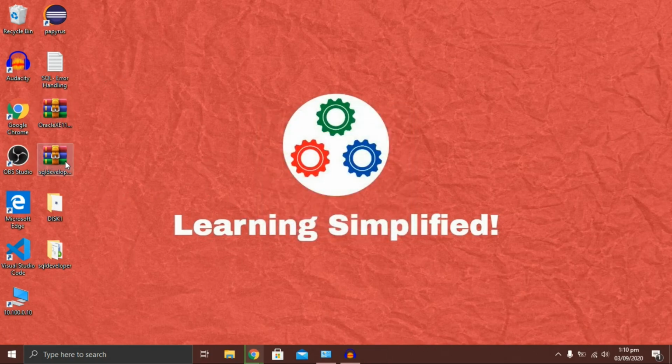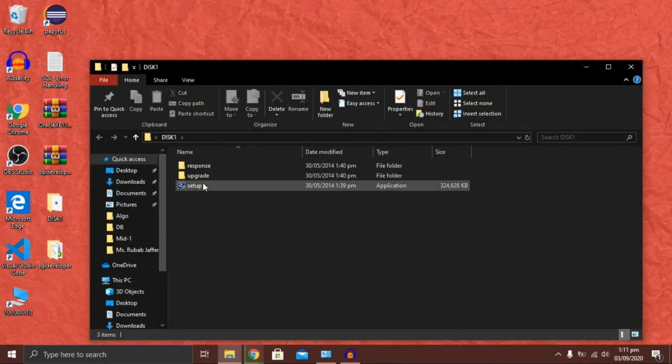So yes, all the required setups have been downloaded on our PC. We will proceed from the extract of the Oracle database zip file. Moving to the folder, we are going to run this setup.